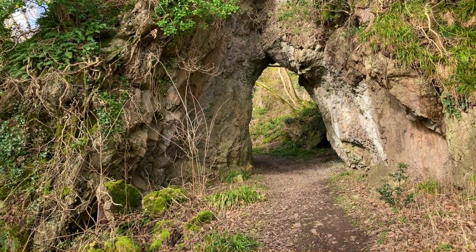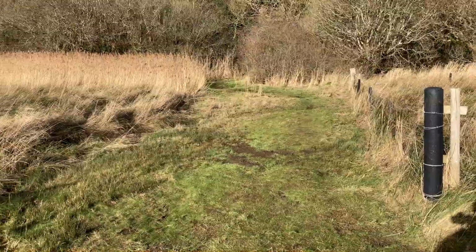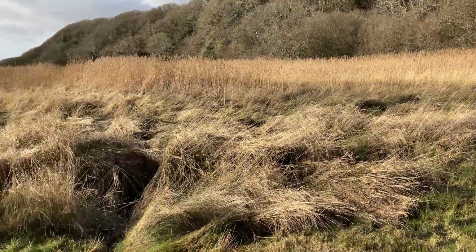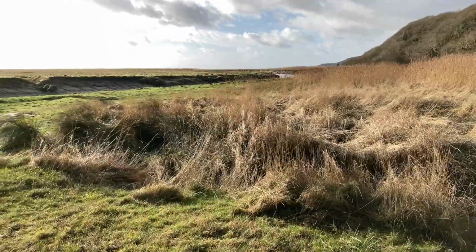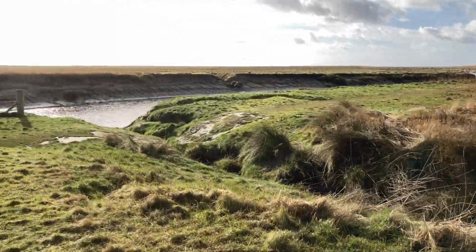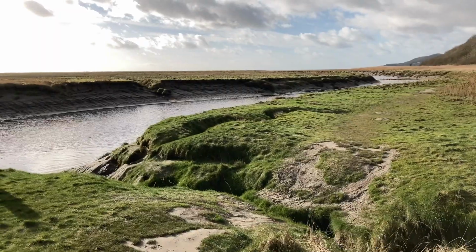That's it from the coast side looking back up. A lovely spot. So when you come down the path there, you'll see it opens out into the open merse here, and we're looking along the way we were going, towards where that viewpoint was I was standing earlier. But the first thing you'll notice is there is a whacking great big deep channel here, which you don't need to cross, but it does fill up very quickly when the tide starts to run,